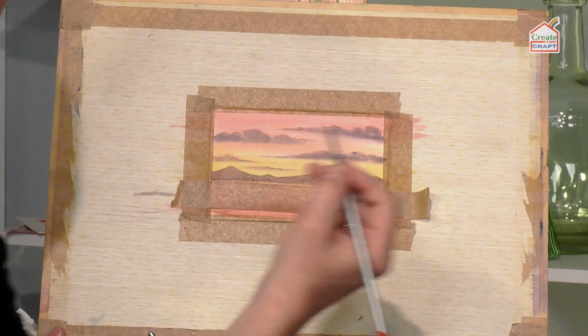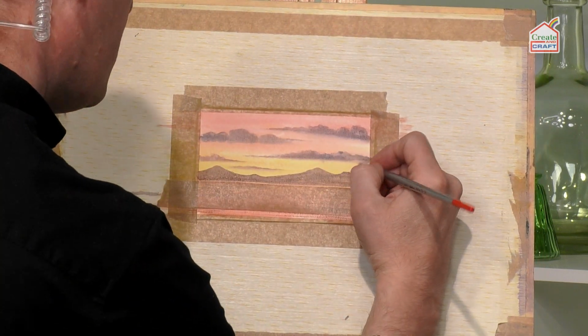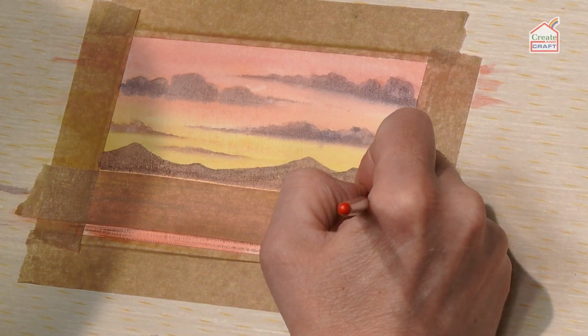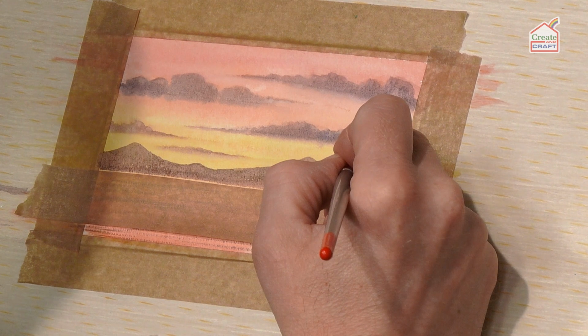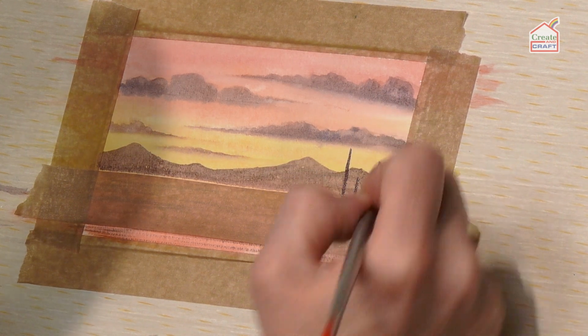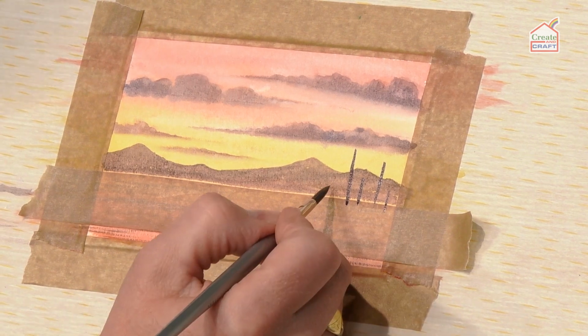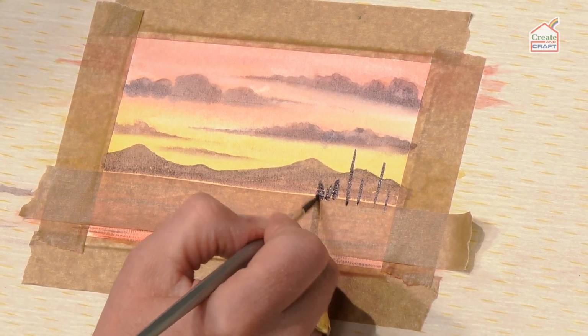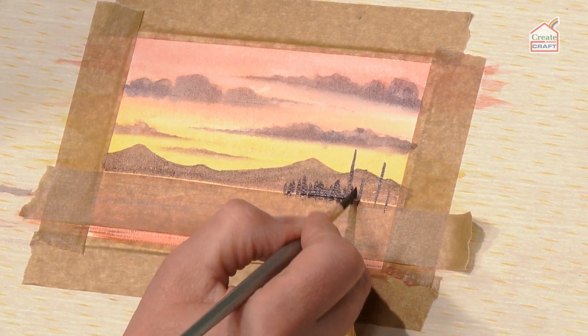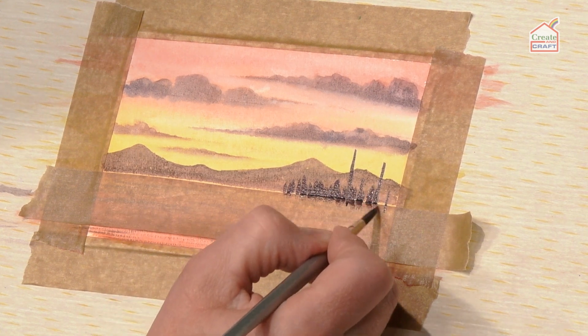And let's paint in some trees. What we'll do is we'll paint some telegraph poles first of all, and we'll have a couple of those going in. You can play around with the heights of these, 3 or 4 of those. Start to do more, but closer together and quite freely painted. And then we can go along the bottoms of the telegraph poles,